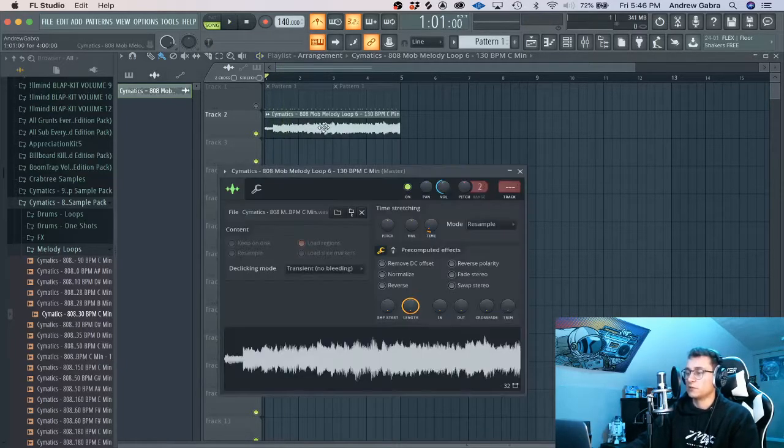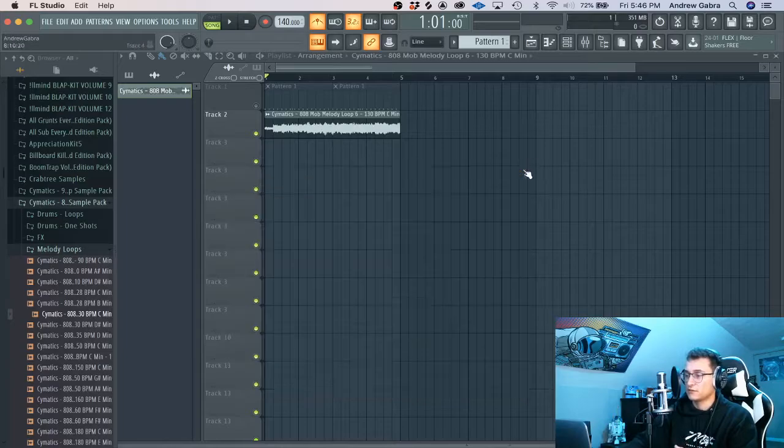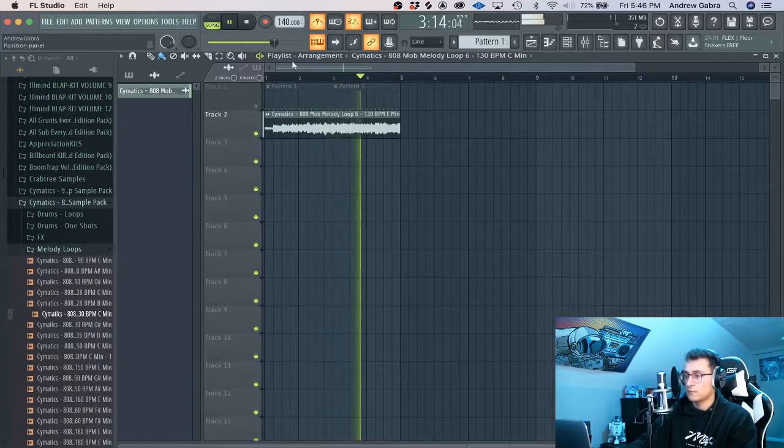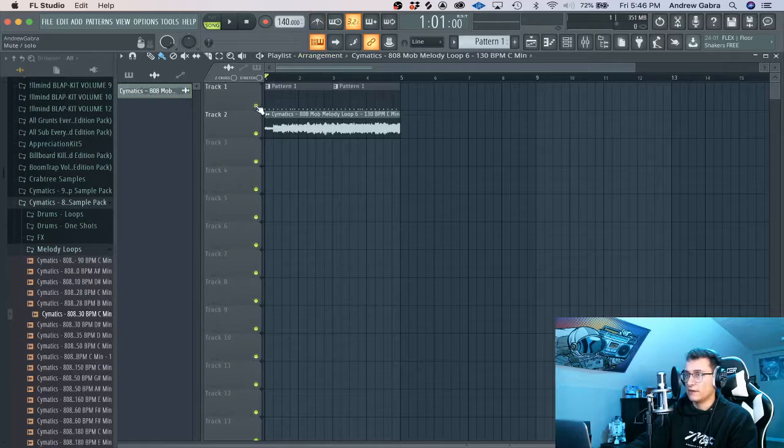also you want to double click and right click pitch and click reset, because when you stretch it out, it'll affect the pitch. So you want to keep the pitch the same. Cool. And then you take the metronome off, and then unmute this, and then along with your pattern,